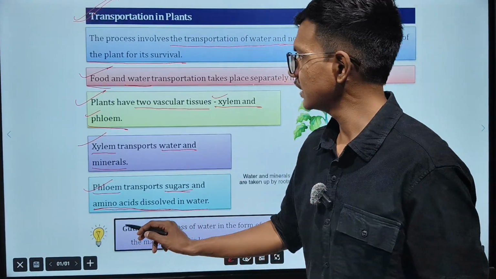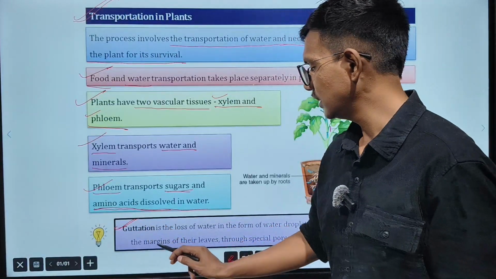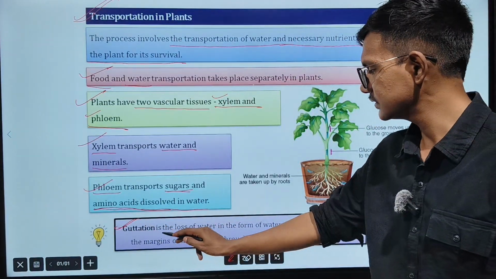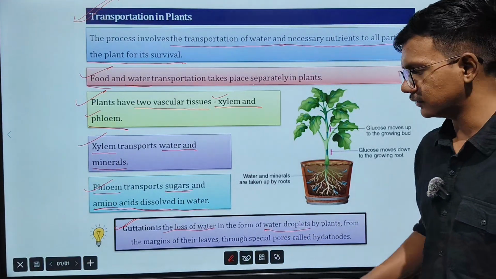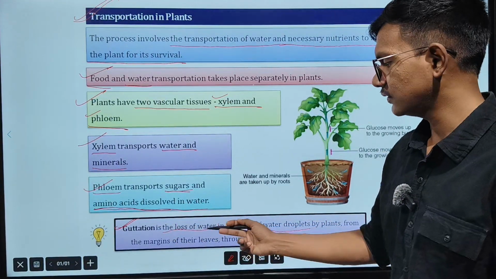Now one extra topic in this transportation is guttation. So guttation is the loss of water in the form of water droplets. This thing you have to remember. In guttation, loss of water